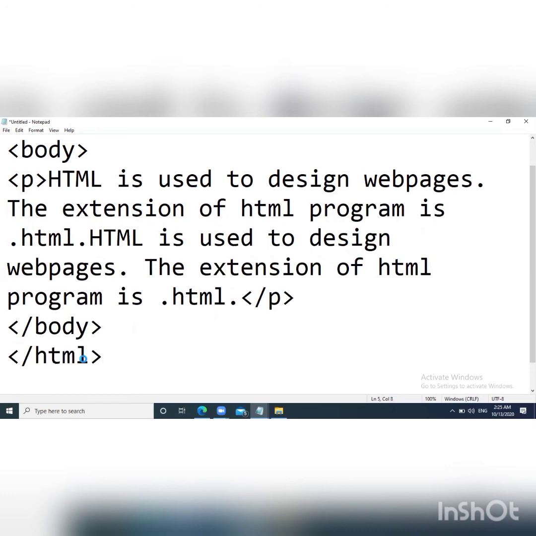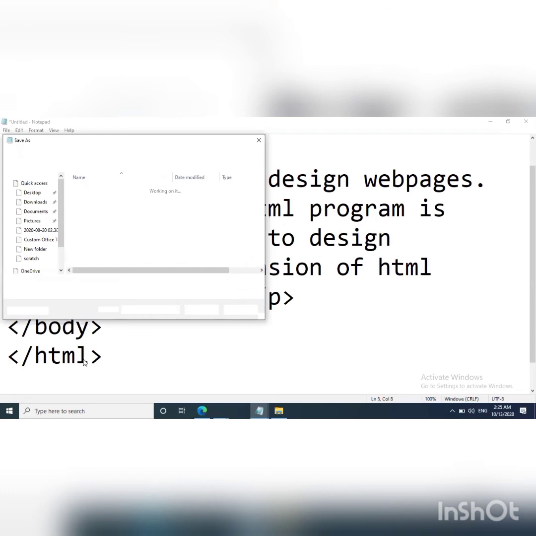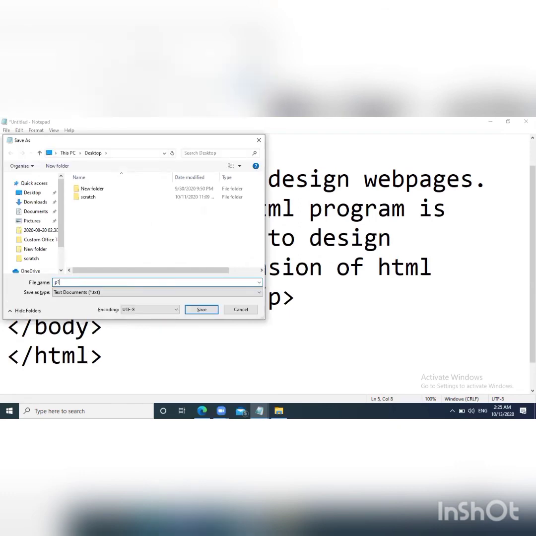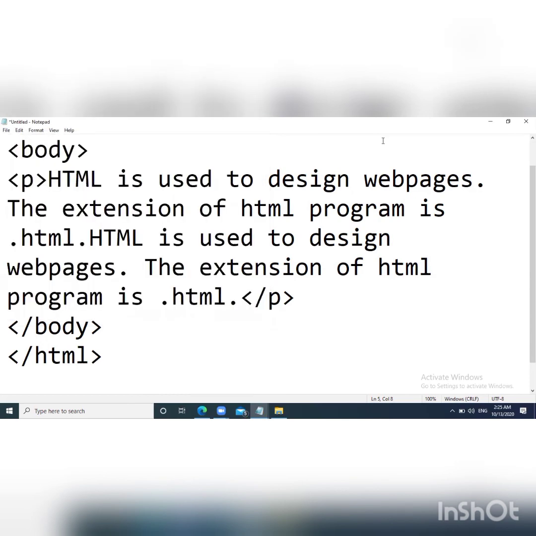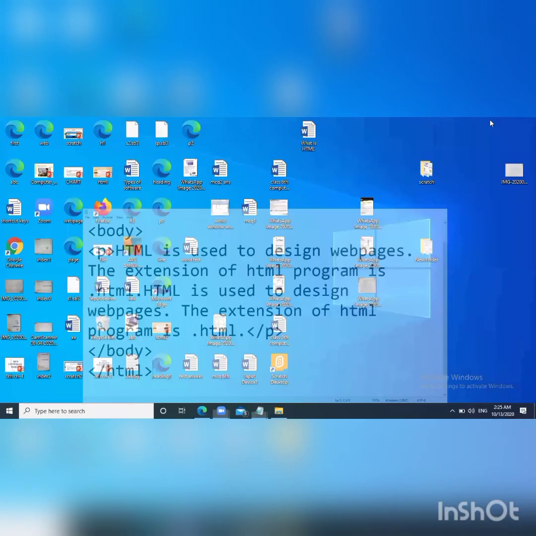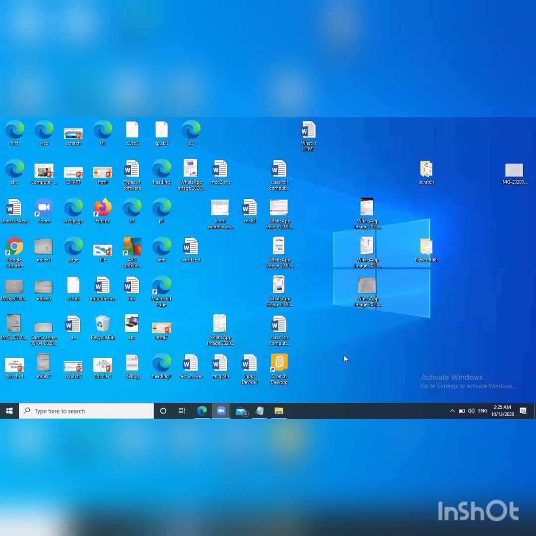So now I am saving my file. I am giving here the name, and after that, give the extension .html. It already exists, so I don't want to replace it. So I'm changing the name here to P2. Save your file. So I have made one paragraph. So you just look here, when you open this file P2, our web page, then you can